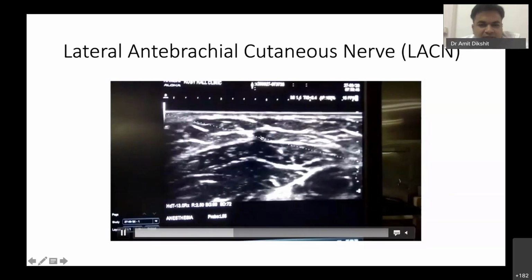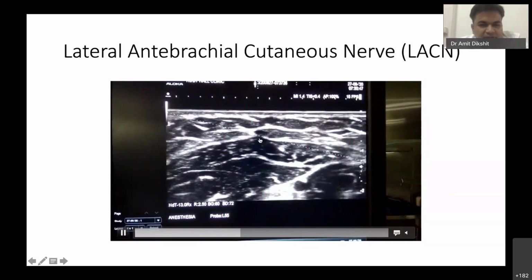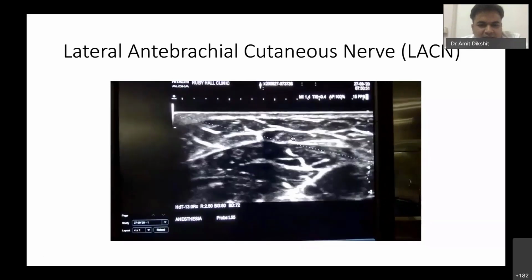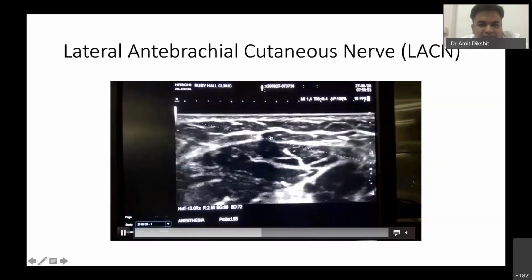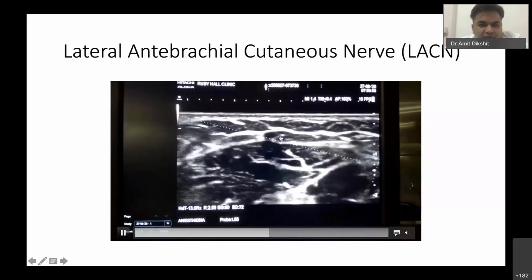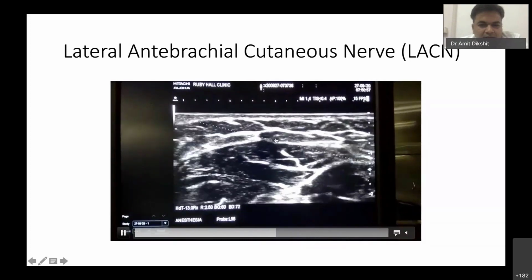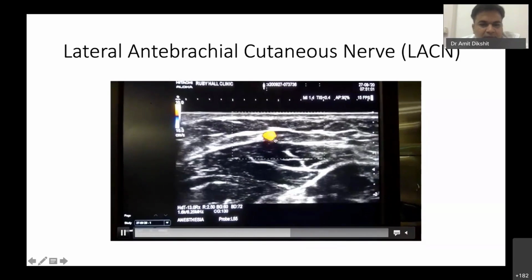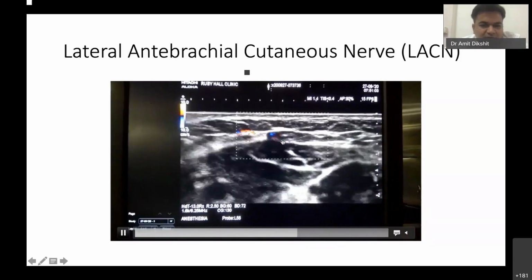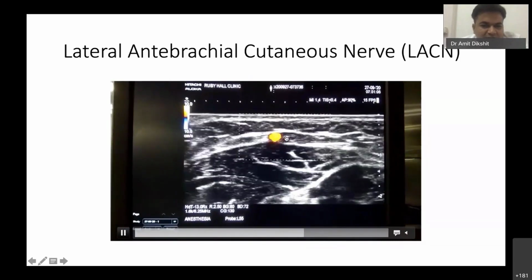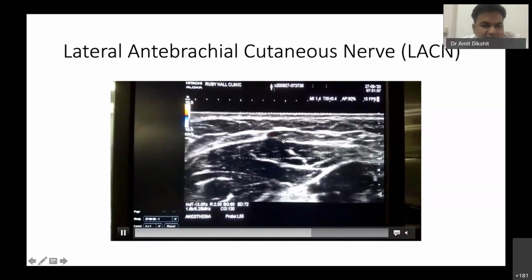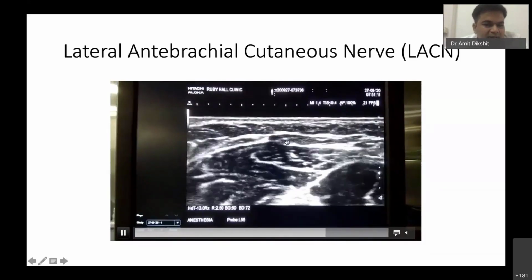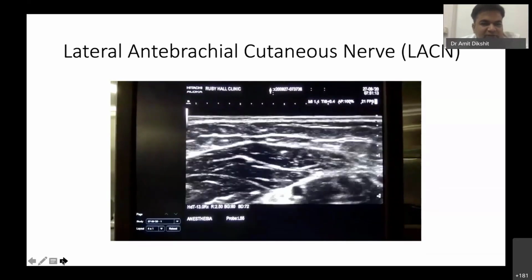So are you sure that this is a vein? Is the vein compressible? Yes, we can see it on ultrasound. If we are not sure that this is a vein, on the medial side of the vein, we have the lateral antebrachial cutaneous nerve. This is the terminal branch of the musculocutaneous nerve. And if we block the nerve at this site, just by the side of the vein, we can actually avoid the biceps getting paralyzed. So this is site-specific analgesia.